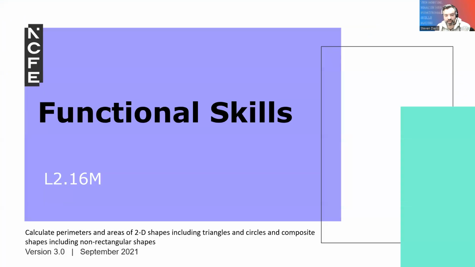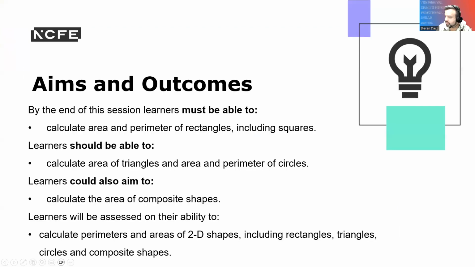Okay, lovely. So we're going to calculate perimeters and areas in 2Ds, including triangles and circles. By the end of this session, learners must be able to calculate the area and perimeter of a rectangle, triangle, and square. Learners should be able to calculate the area of a triangle and the perimeter of a circle. Learners could also aim to calculate the area of a composite shape. Learners can be assessed on their ability to calculate perimeters and areas of 2D shapes, including rectangles, triangles, circles, and